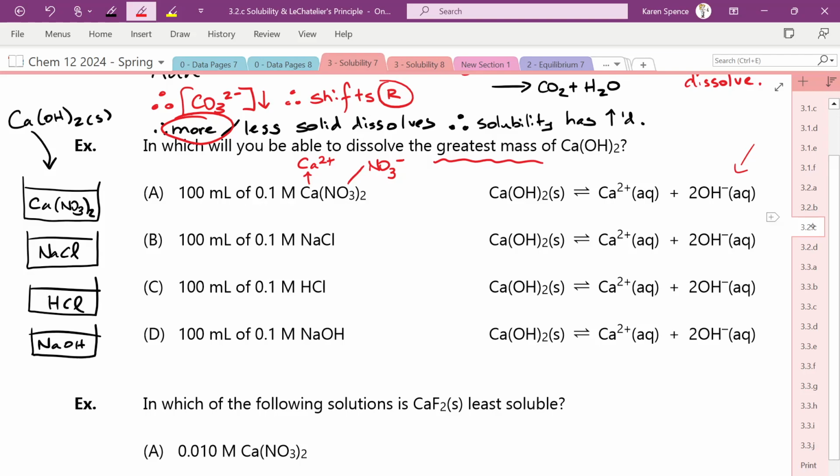Yeah, the Cl won't react. The H won't react. So the concentration of OH